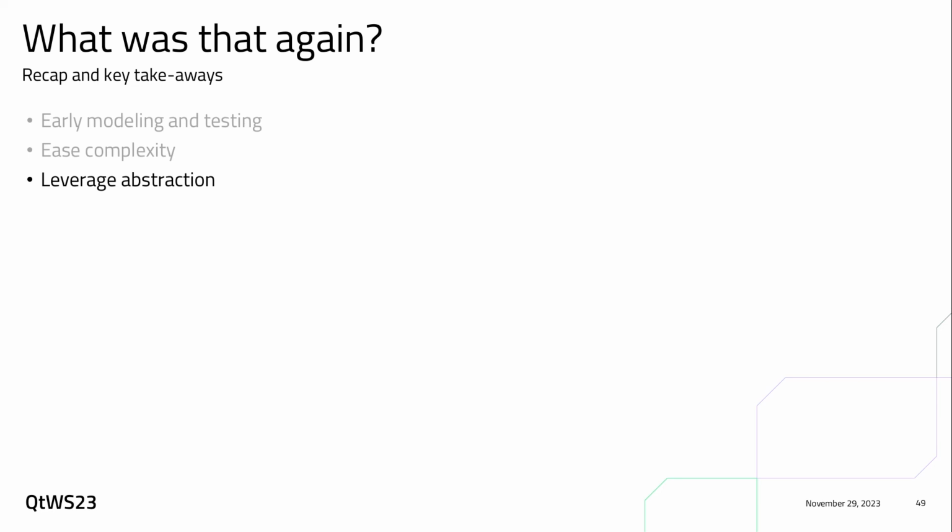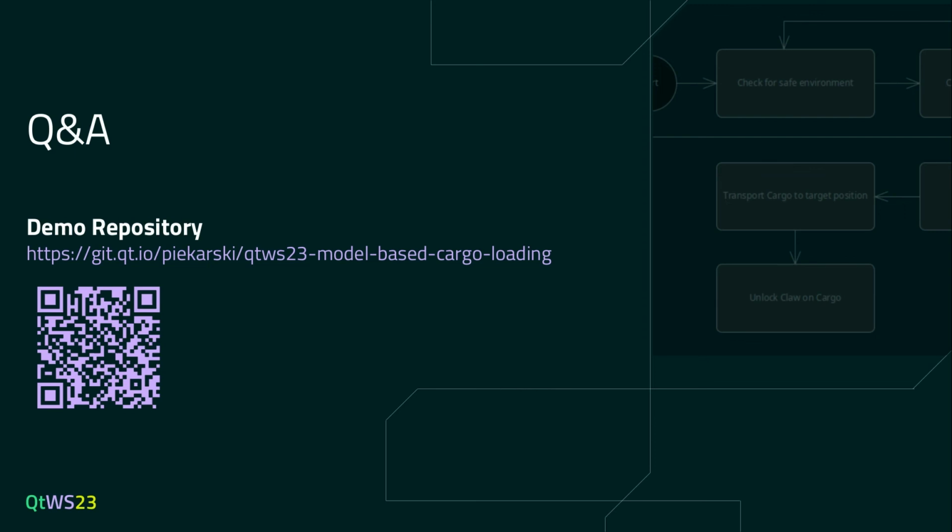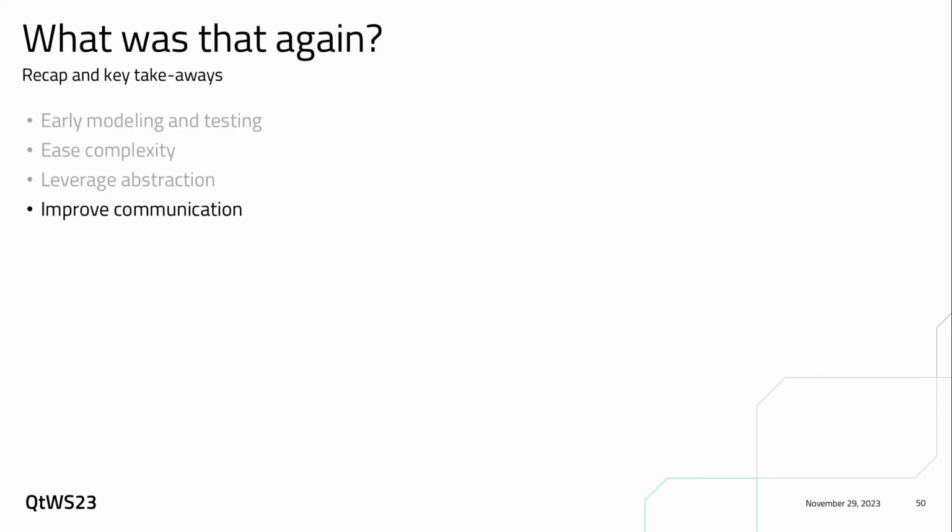So we leverage abstraction. We just plot our mind into different visual cues. And we improve the communication. We start to talk, we start to draw, we start to release our software in a much, much better way and in much better shape. So, that's it. Are these 4? No, I'll be damned. There's one missing. That's interesting. These are 4 takeaways. The 5th is up to you. You can just take and think for yourself a little bit and just imagine how you could incorporate model-based testing.